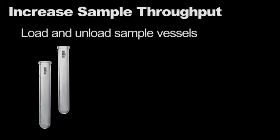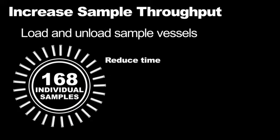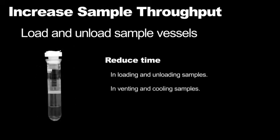High-speed sample load and unload of the rack. In the next step, time to digest samples, we increase sample throughput by reducing the time to load and unload sample vessels on a NovaWAVE rack. This step is done in minutes. Preparing the samples in the rack is as simple as